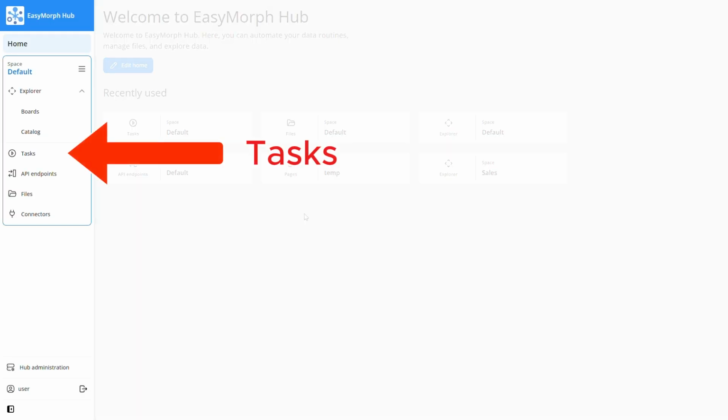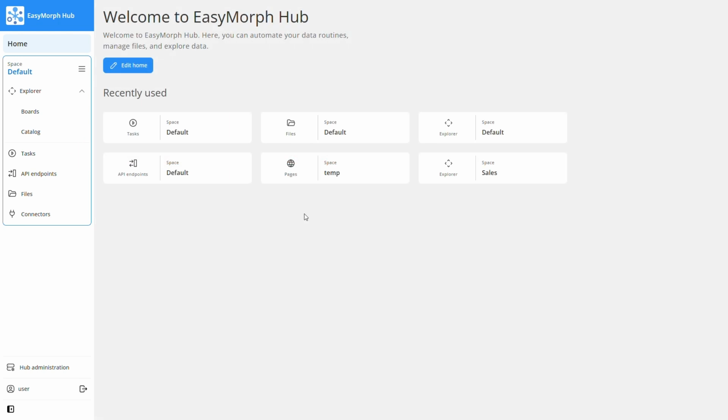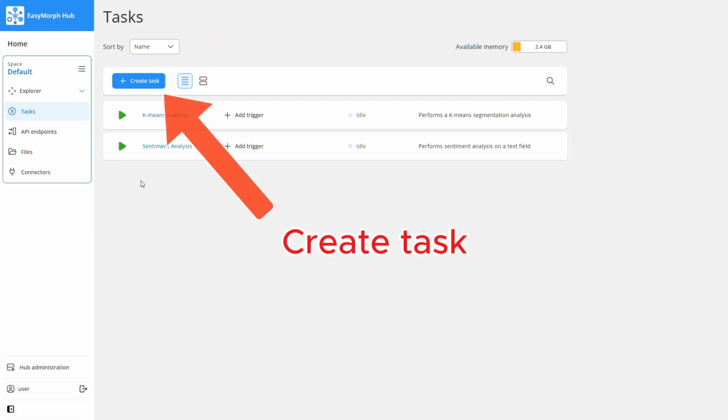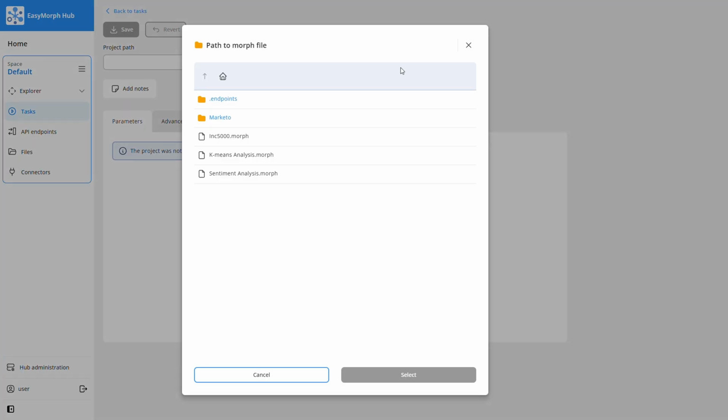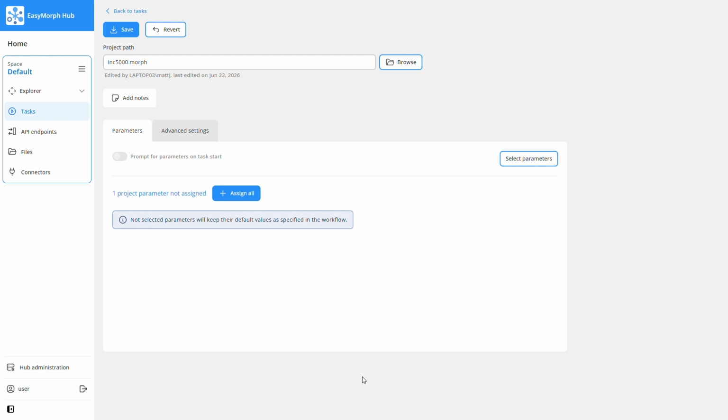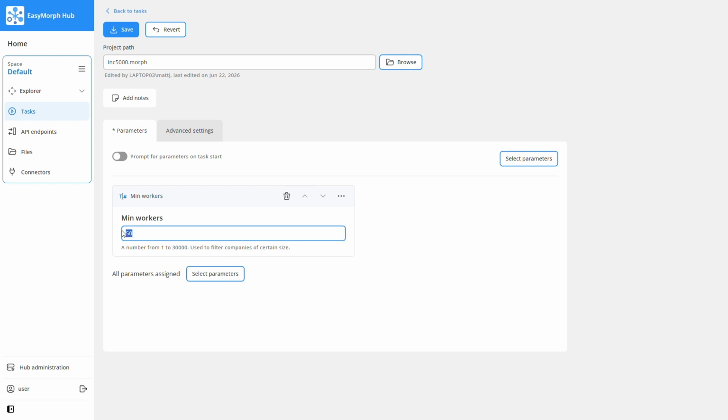Tasks allow us to run EasyMorph workflows either on demand or automatically. When we publish our workflow to the Hub, a task was not automatically set up, so we need to create one. Let's click on Create Task, and let's select our EasyMorph workflow which we just published to the Hub. And if the workflow has parameters, we can configure them also. Let's reduce our minimum workers parameter to 25. We can now save our task